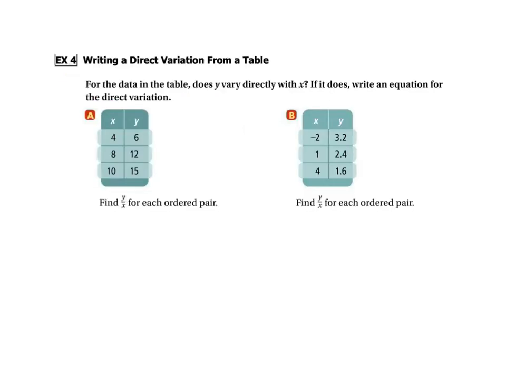This is our last slide today. What we're going to be doing today is from a table of values, we're going to figure out if y varies directly with x. And if it does, then we can write an equation for the direct variation. Now, I know that in the past, when we've looked at these tables, we've looked at what is the increase between the x values and the increase between the y values. We're going to do something a little bit different here. And that is, remember that we figured out earlier that k, whoops, I have my highlighter on, not my pen, k equals